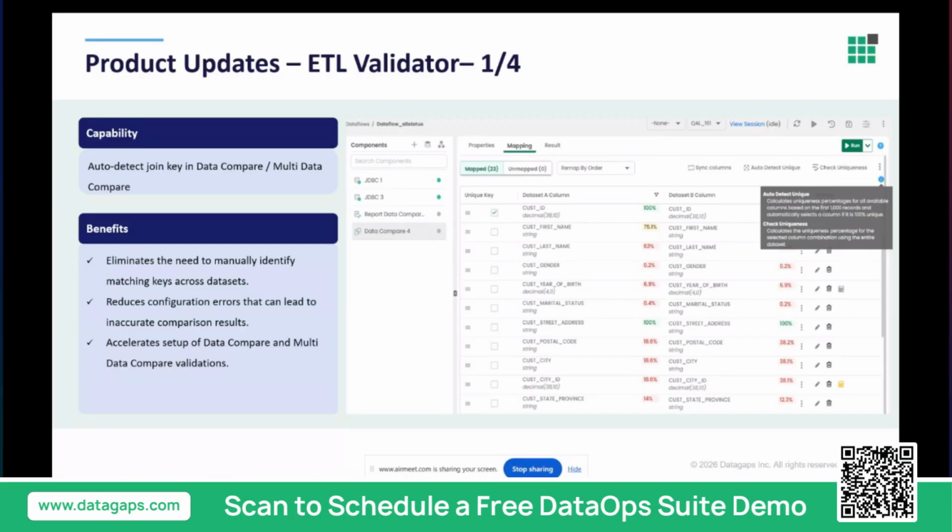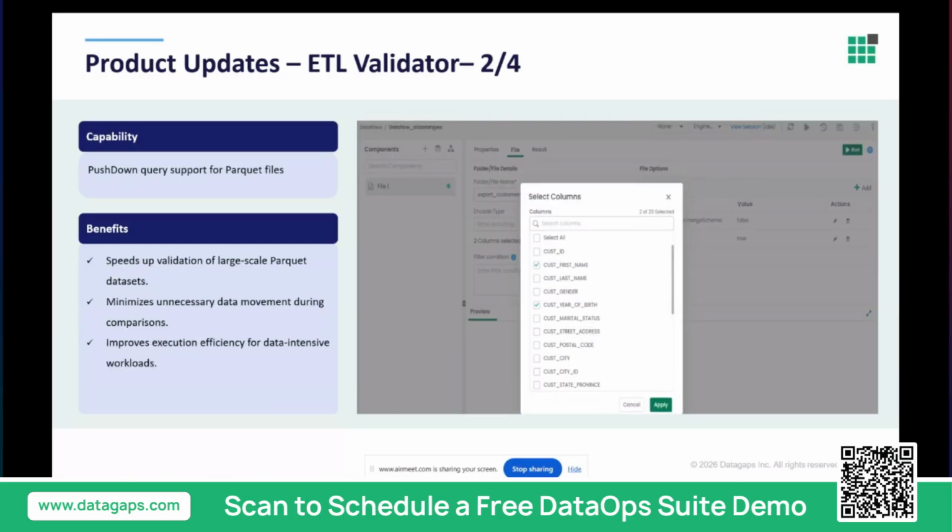So that's one answer. Next, moving on to push down queries for Parquet files. Generally, any file data we read in the Datagaps application, we don't have the flexibility to read a sample or read a limit, like read a few columns out of it, or read only a certain number of records from the given file. That flexibility files don't support explicitly. But Parquet has the flexibility to push down and write our own filter conditions or select the columns which can be